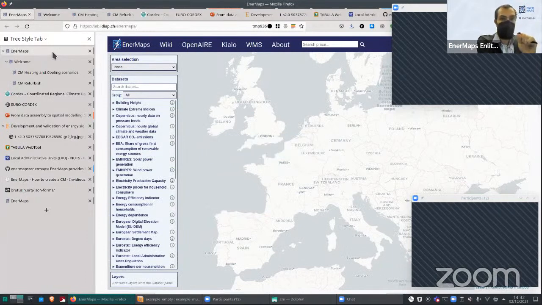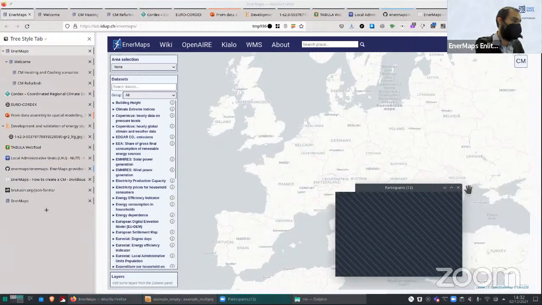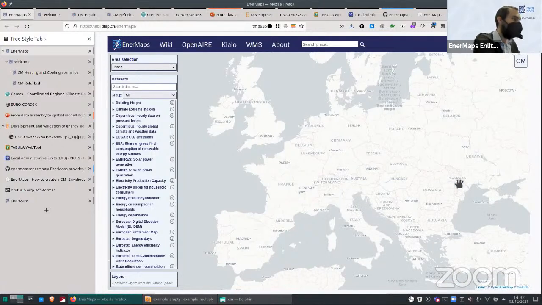Okay. Hopefully you can see my screen. So I just close my stuff here. Okay. So our previous colleagues already presented the platform and how it's working. So I would like to go a bit more inside to some calculation models that are still not published on the platform because we are finalizing the modules and the integration process, but they will be there soon.